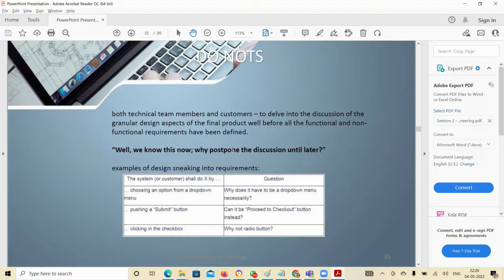If your statement says the user will choose an option from a drop down menu, why do you think it's a bad option?